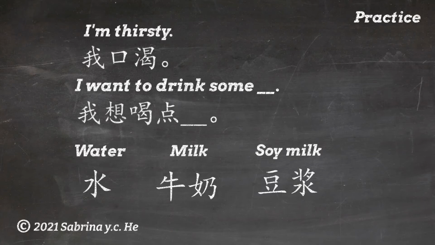Next, I'm thirsty. I want to drink some milk. Please repeat after me. 我口渴我想喝点牛奶 Last, I'm thirsty. I want to drink some soy milk. Please repeat after me. 我口渴我想喝点豆浆